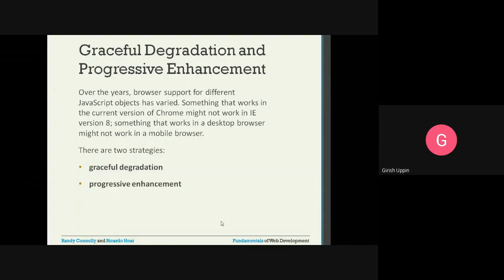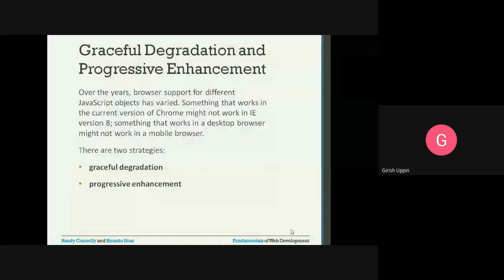So whether there is support for JavaScript, support for HTML5, then certain CSS elements that have come with HTML5. All those things need to be checked. Over the years, browser support for different JavaScript objects has varied. Something that works in the current version of Chrome might not work in IE version 8, because their support is different.